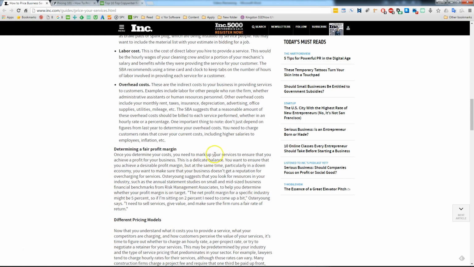Now, you can also mark up your services to ensure that you're making a profit. That's a good idea also. And we will be providing a spreadsheet, an Excel spreadsheet with formulas embedded in it, where you can easily alter your markup and your hourly rate. It's very useful. You can find it attached along with this video. It's very important that you set a decent profit margin, because you want to be earning profit. You don't only want to be earning an hourly rate. Somehow factor this in.